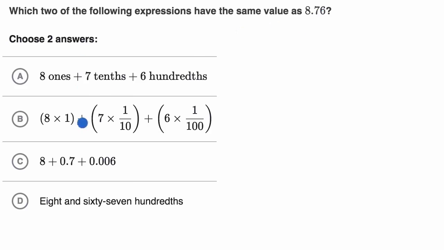And before I even look at these choices, I'm just going to really understand what this number represents. And let me just rewrite it. So we have 8.76. So there's a couple of ways that we could think about it. We can look at our place values. This right over here, this is the ones place. This right over here, this is the tenths place. And this right over here is the hundredths